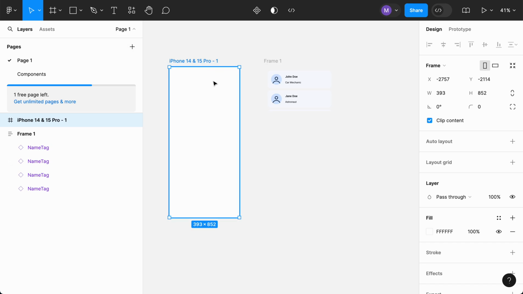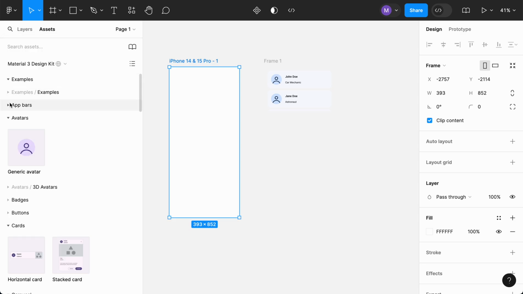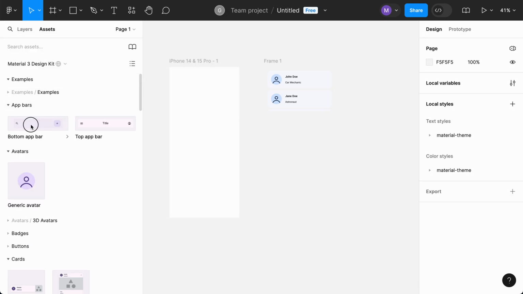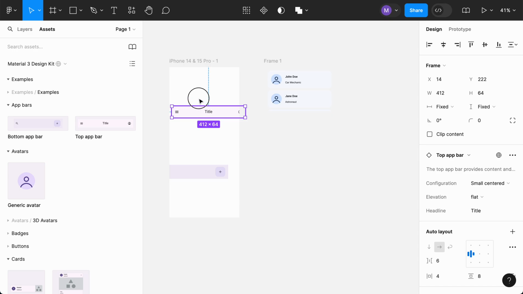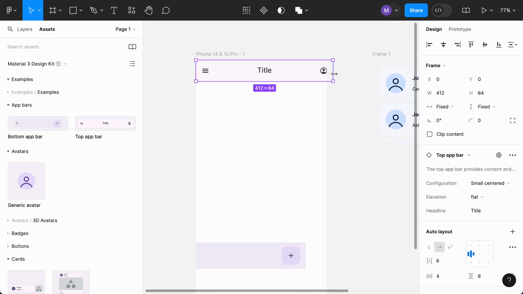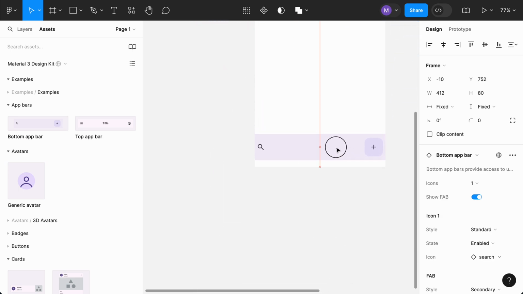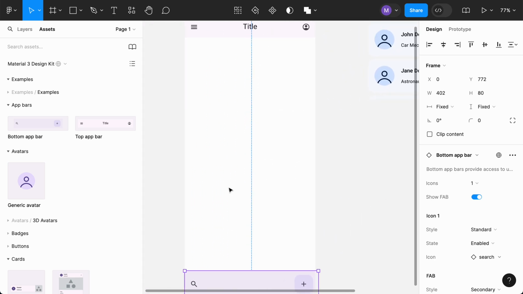Let's put a top bar and a bottom bar to this one. We go to Assets, Material Design Kit, App Bars. So we will drag a bottom bar here and a top bar, okay? And we will lodge the top bar. Let's make this a little bit bigger. We will lodge the top bar at the very top, the bottom bar at the very bottom of this frame,